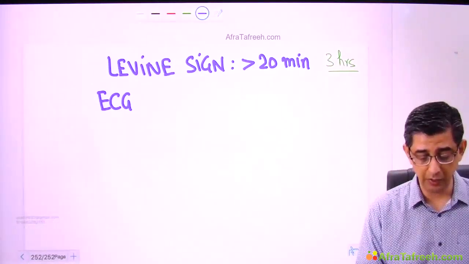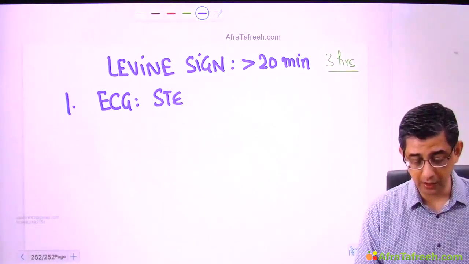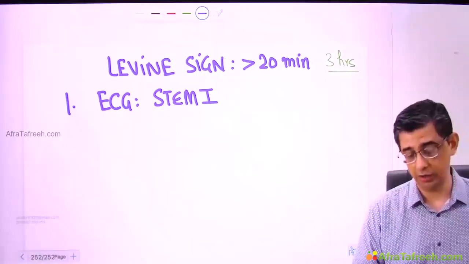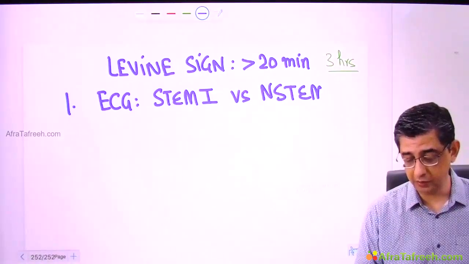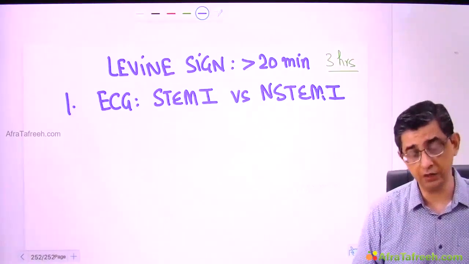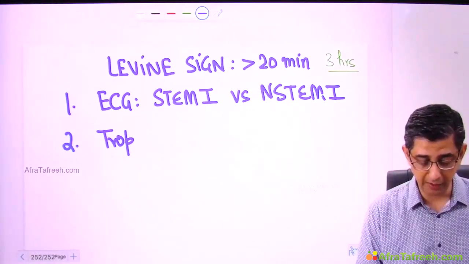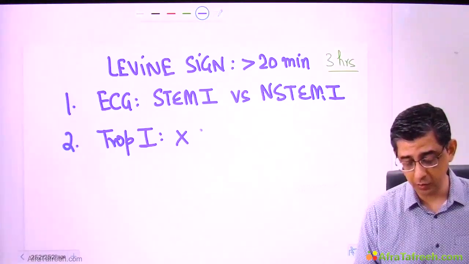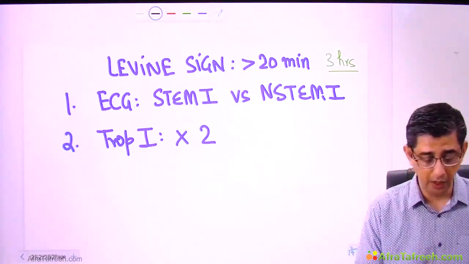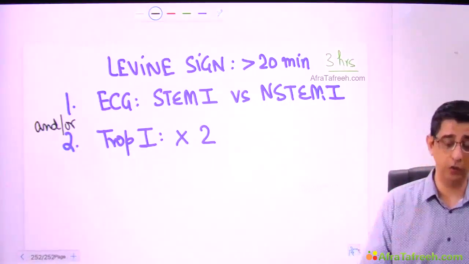And the first test to be done in the person is anyway ECG. There can be two possibilities. Either ST elevation will be there or it will not be there, which implies that there could also be ST depression given in the question along with T-wave inversion. Along with this, you will also use biomarkers. I have highlighted the concept of serial troponin I for early identification. Troponin should ideally exhibit a doubling, and between the two is written an 'or' to basically highlight that any of the two can be positive.